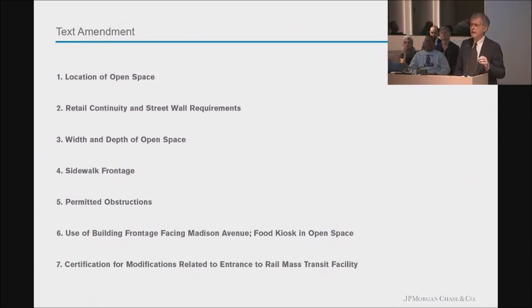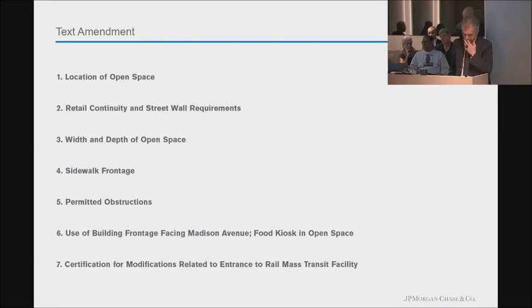And it also provides that seating that would otherwise be required to be located along 47th Street can be relocated into the open space, and that's because the 47th Street frontage is largely occupied by the rail mass transit entrance, which of course would remain, and one of the underlying purposes of this amendment is to co-locate the POPs with the entrance. In terms of permitted obstructions, the text would allow the building to be cantilevered over the open space for up to 60% of its area, thereby facilitating the types of large office floor plates that Jeremy described, while also ensuring an open, well-lit space.